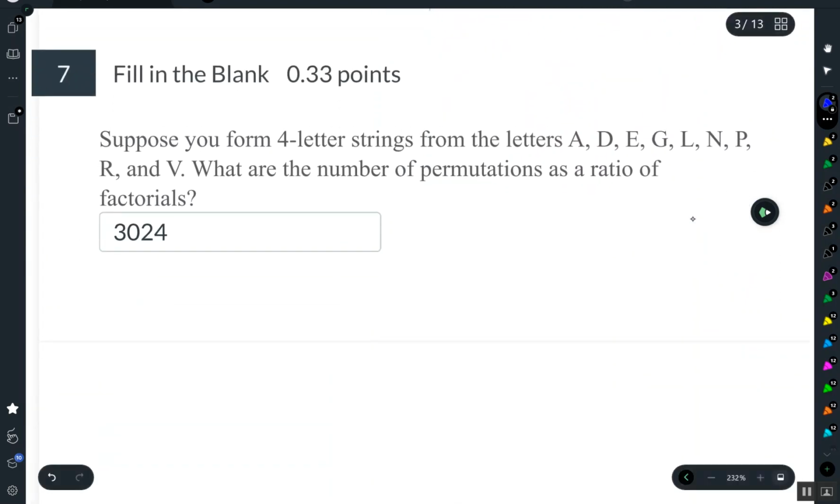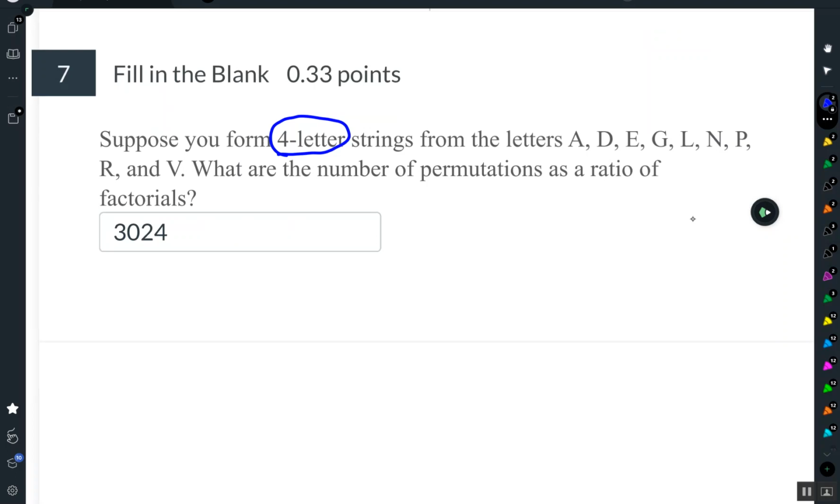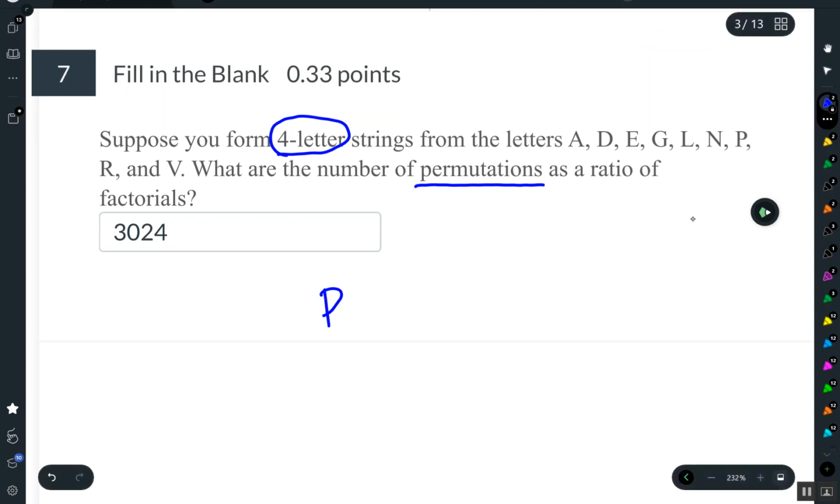Okay, question number 7. Suppose you form 4 letter strings from the letters, and there's a list of letters there. What are the number of permutations as a ratio of factorials? Okay, so a permutation is an ordered thing. So the permutation formula